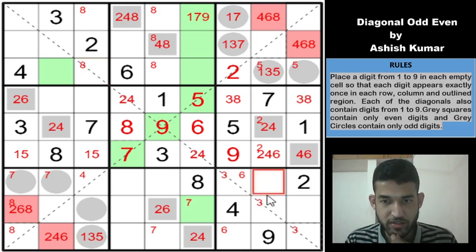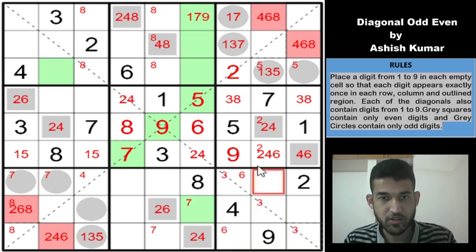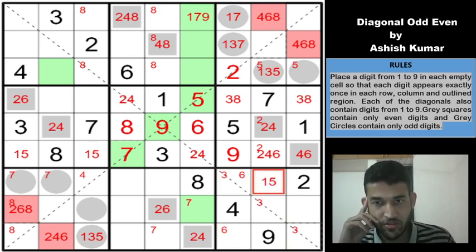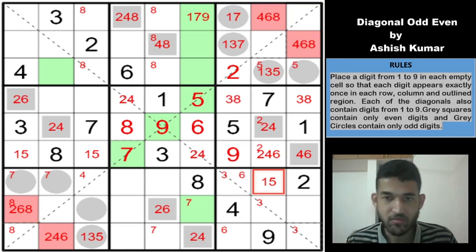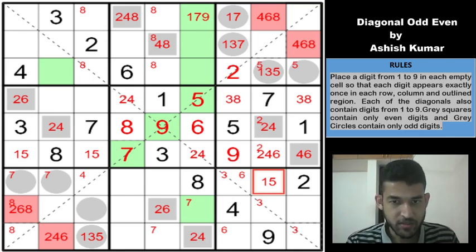Okay, so if you look at this cell, it can't be 2 4 9, it can't be 7 and 8, it also cannot be 3 and 6, right? 3 is in one of these 3 cells and 6 is in one of these 2 cells, which means this cell can only be 1 or 5. A tough Sudoku, guys. I think at this point it seems to have hit a difficult stage, something narrow we have to find, I think.